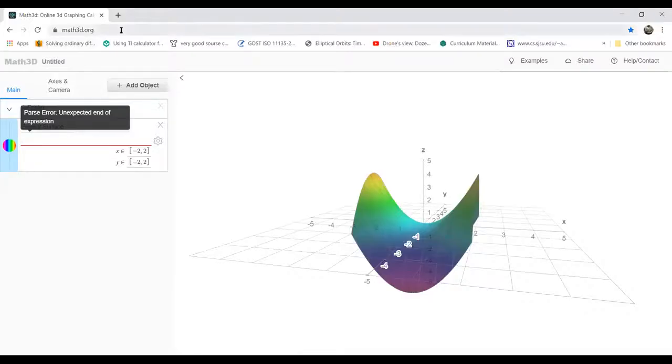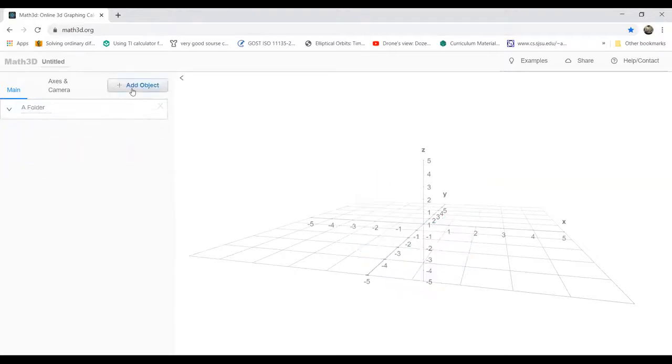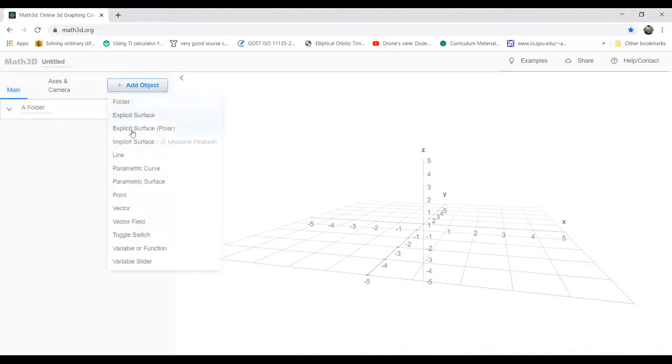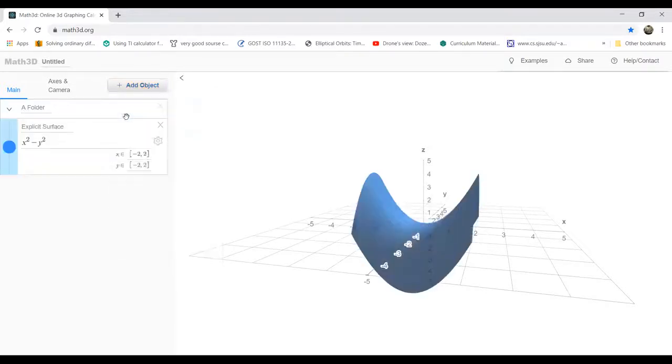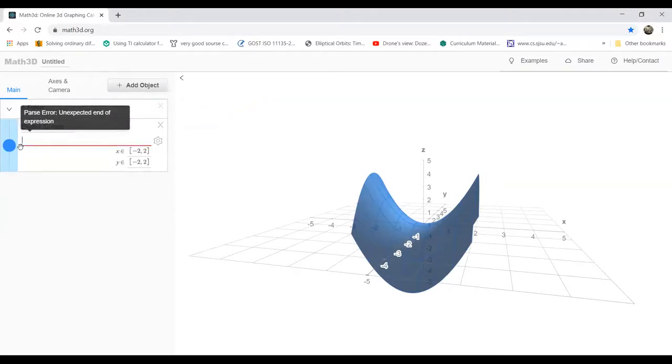So you can basically use any online graphing website. One of them is math3d.org. Let us add an object. Here you have z equals to, so I'm going to use an explicit surface. So it gives you something. I'm going to change this and actually build my own